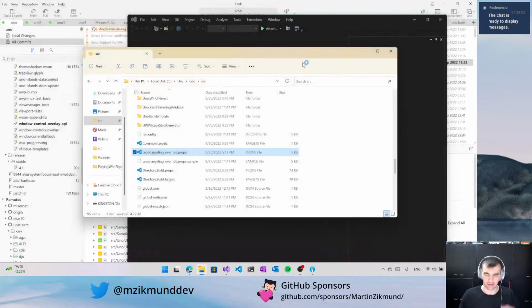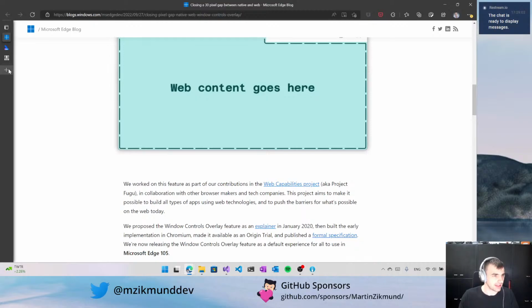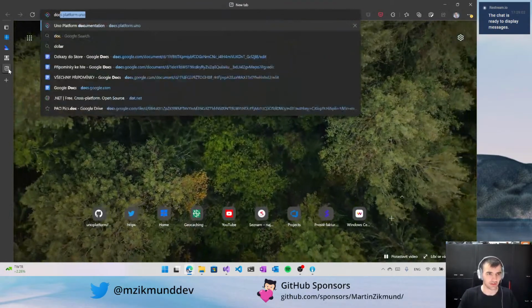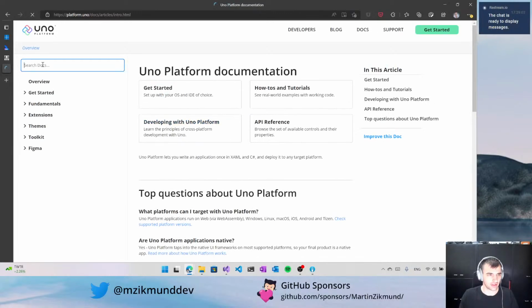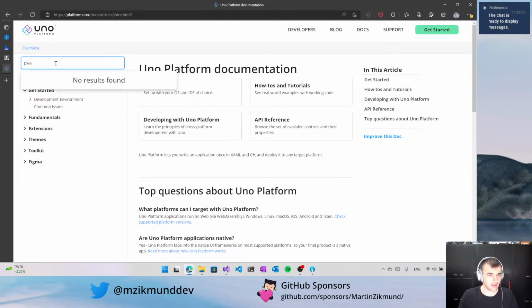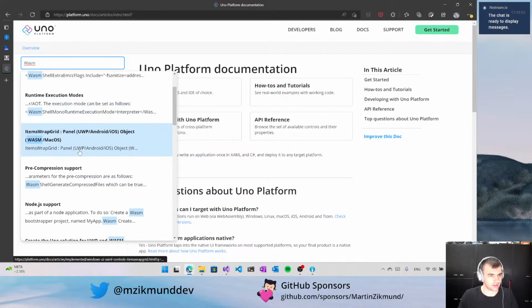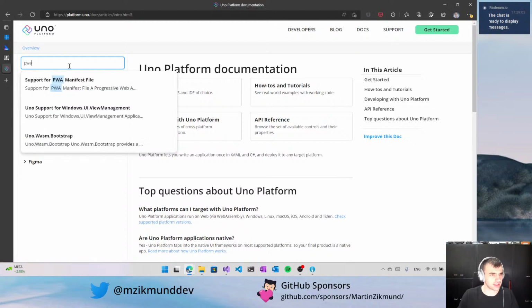So first off, we need to make our sample application a PWA, and we have documentation for it here on docs.platform.uno. There is PWA somewhere. PWA. Okay, progressive. Oh no, it's not there. I was sure it was there. Okay, PWA manifest file. It's interesting that it doesn't